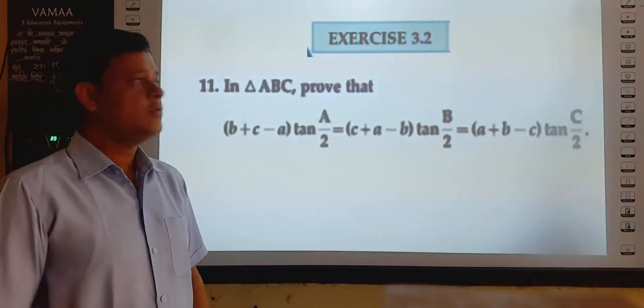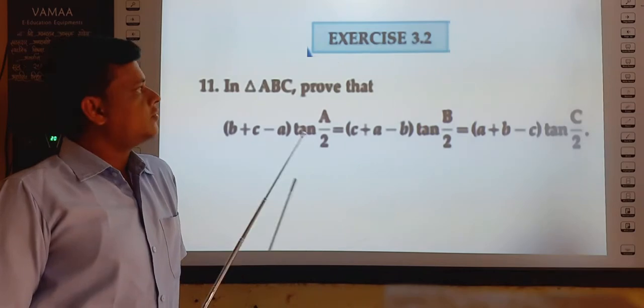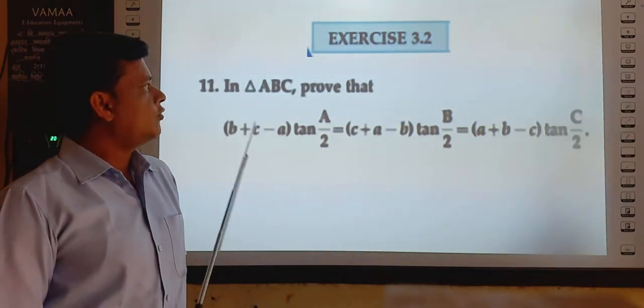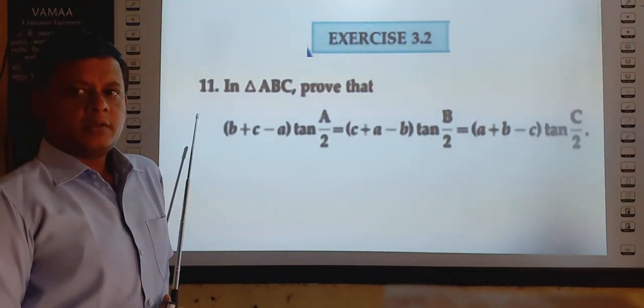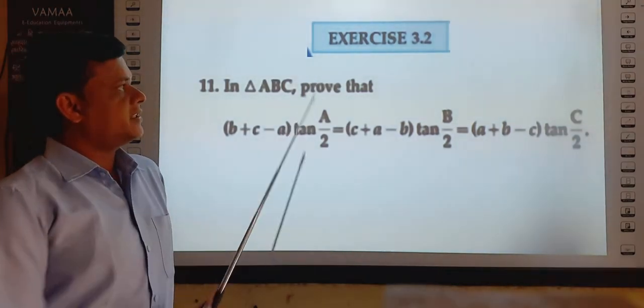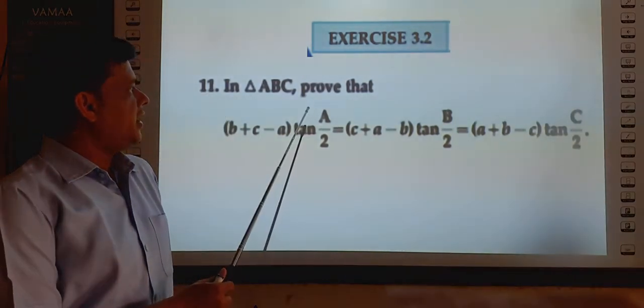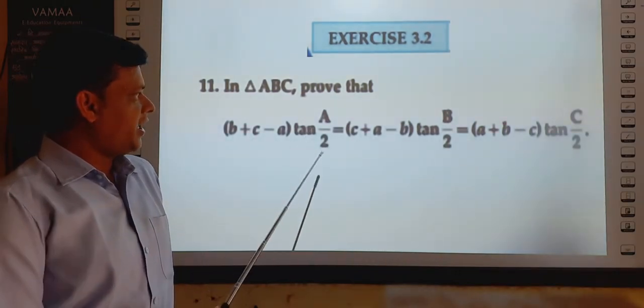Now up to last lecture we solved problems up to number 10. Today we are going to solve problems 11 and 12 from exercise 3.2. So the first question: in triangle ABC prove that (b + c − a) tan(A/2)